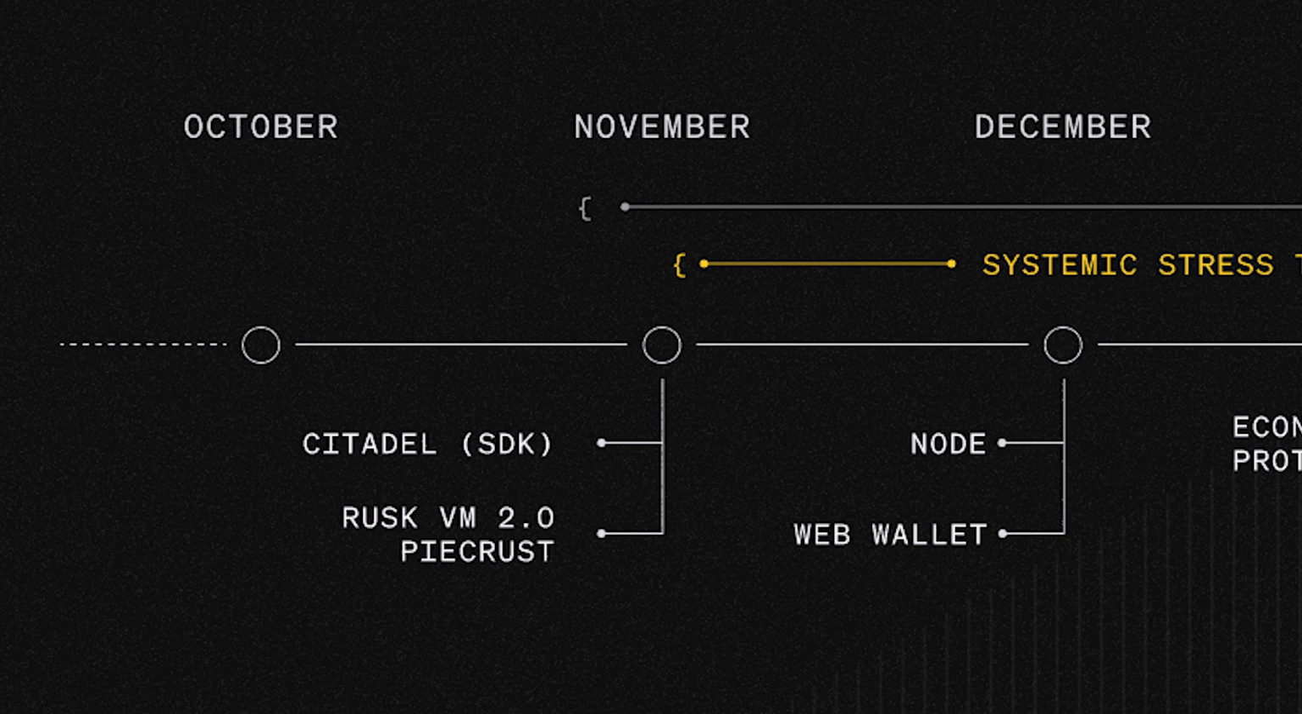But if we are going to take all the main items, then the thing that we are going to release in November are the Citadel SDK and Piecrust VM 2.0. Speaking about Citadel, it is a tool that is conducive to self-sovereign identity. As a matter of fact, it is a privacy-preserving way for a user to prove in zero knowledge, so in a privacy-preserving manner, that he or she or they have the right to